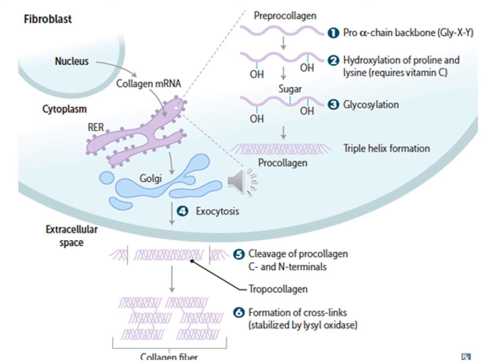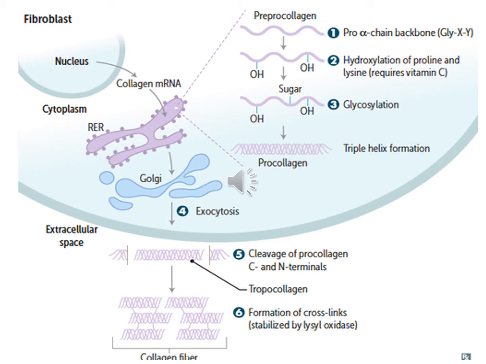Now talking about the synthesis of collagen by fibroblast cell, you can see fibroblast written, nucleus, cytoplasm, and then extracellular space. So which steps of collagen synthesis take place inside the cell of the fibroblast and which take place outside the cell? These are also important for MCQs. So the pro-collagen alpha chains are synthesized inside the cytoplasm of the fibroblast.